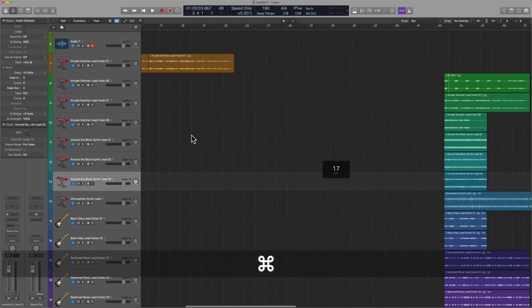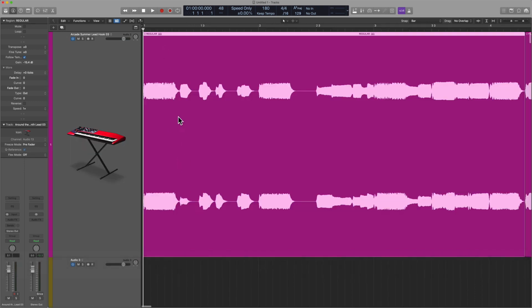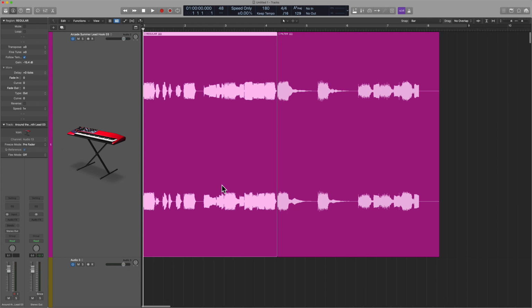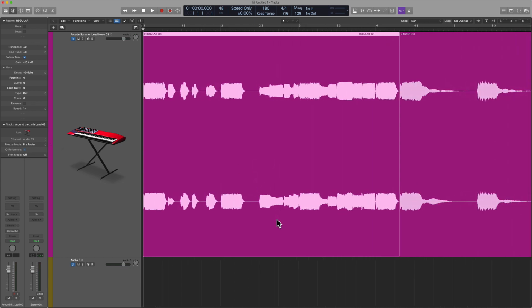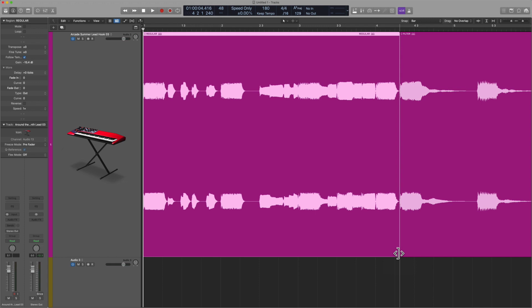What do I mean when I say that? Well, you see this first region at the top here, right? You can see that it begins at bar 1 and then it is not necessarily ending on bar 4. And so that is kind of confusing because when I click and hold on the region, you can see its length is disproportionate. And so if we tried to loop this or we'd really tried to do anything, things would